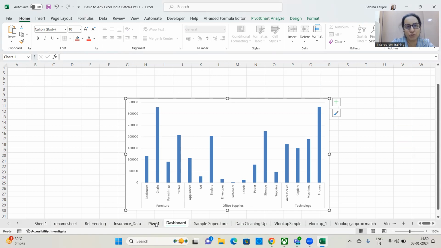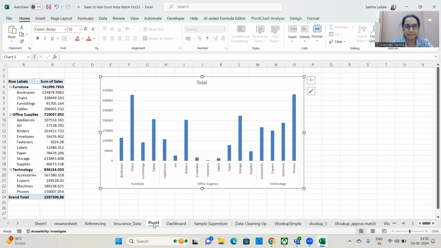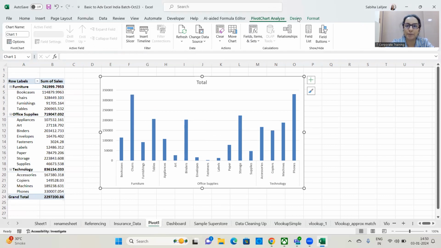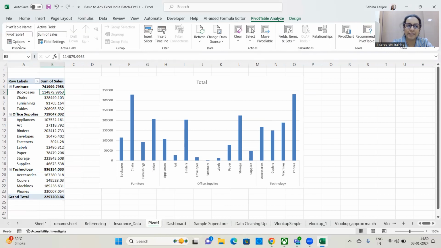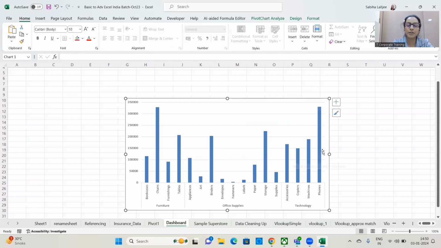We first selected sample superstore. We took the data of sample superstore and represented it in the form of a pivot table. We took the pivot table sheet, we renamed it pivot table 1. We also went and checked the name of the pivot table. What was the name of the pivot table? Pivot table 1. Then, based on the pivot table, we created a pivot chart and we hid the field buttons from the chart, remove the title and remove the legend. So in short, we have cleaned up the chart only to show the columns and the labels along the X